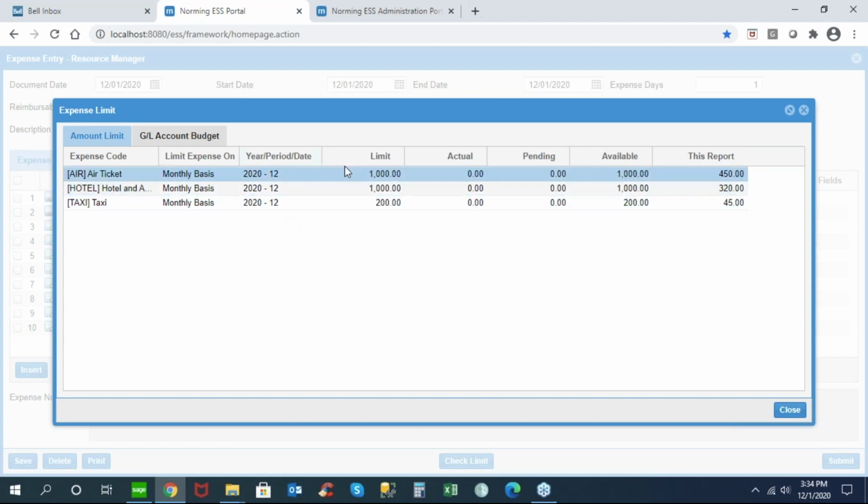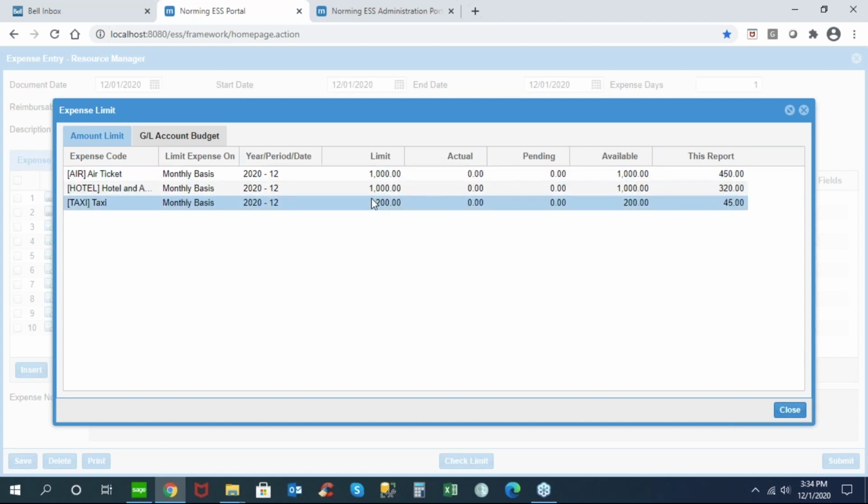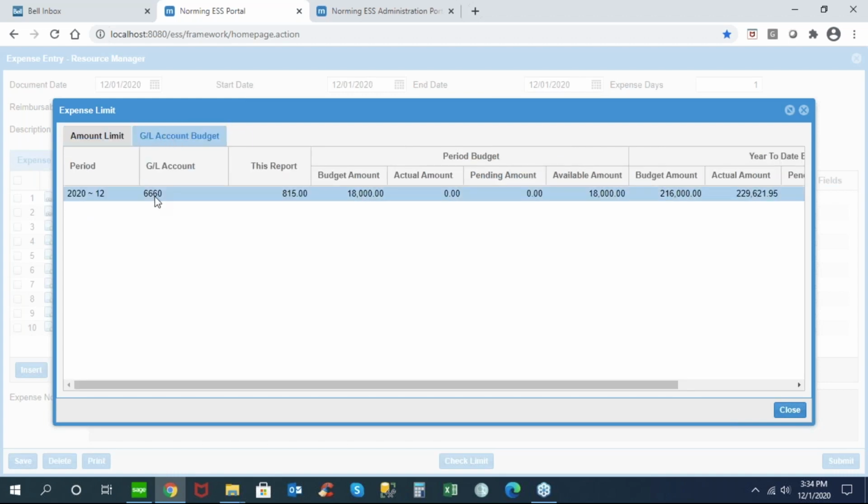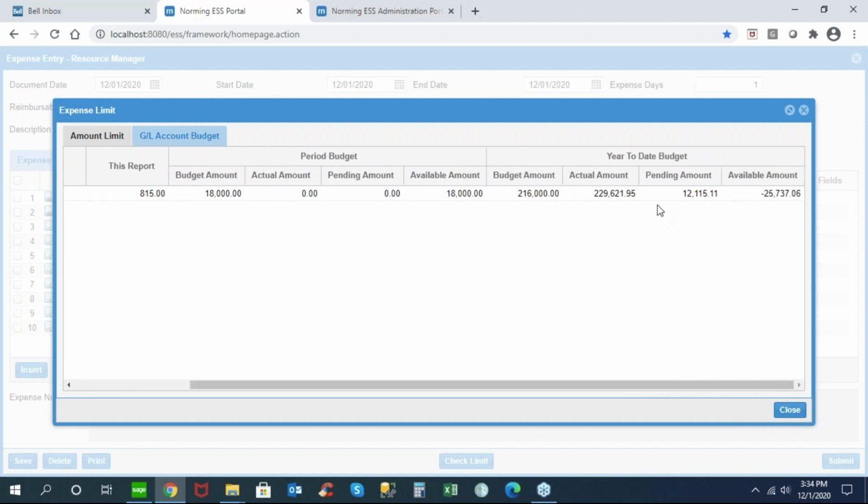And because this is a new month, I'm starting off with a new limit of $1,200. I also have my GL account budget, which was my 6660 travel expense account. This report, I'm recording $815. I have a budget of $18,000, and so far I have used... $18,000 is my monthly budget, so $216,000 is my annual budget, and I can see so far this year that I've got an actual expense of $229,000, so I'm actually over budget, and I've got $12,000 in pending expenses,